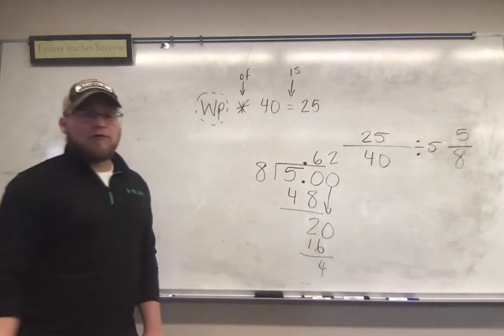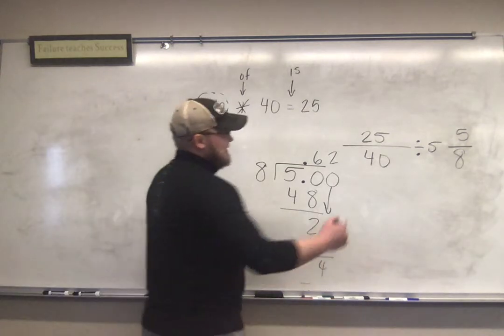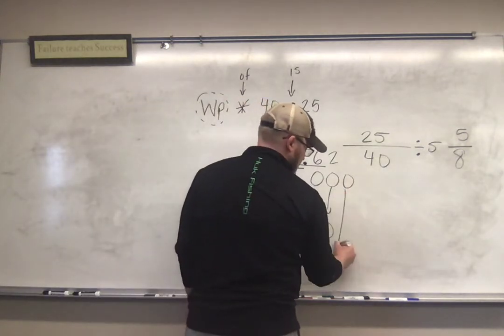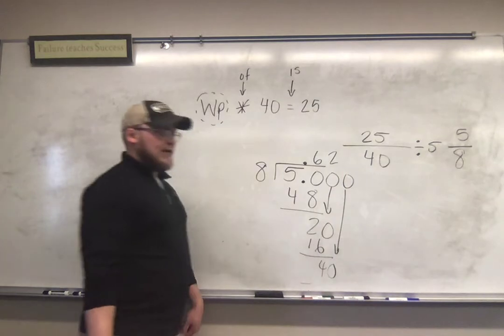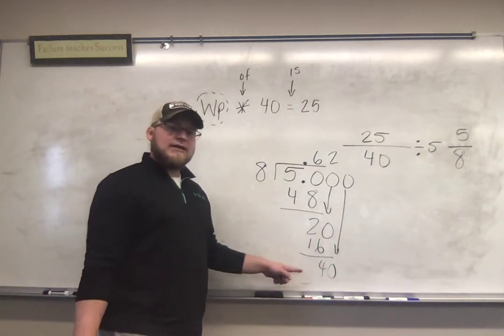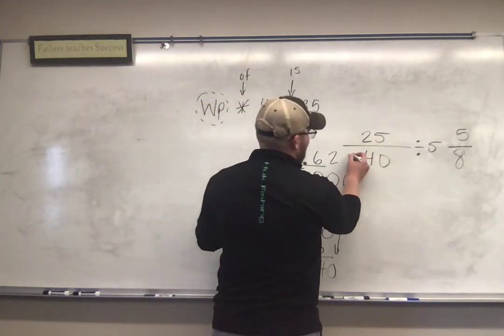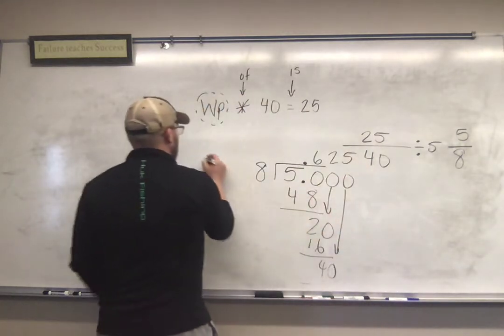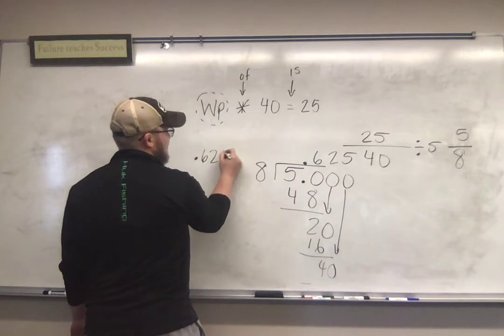With 4 left over when you subtract it. Again, let's add another 0. And again, now we're going to end up with no remainders this time because 8 goes into 40 evenly, and that is a 5. Okay, so 0.625